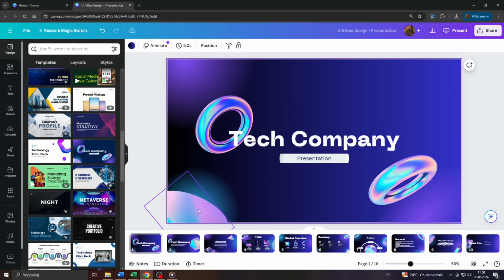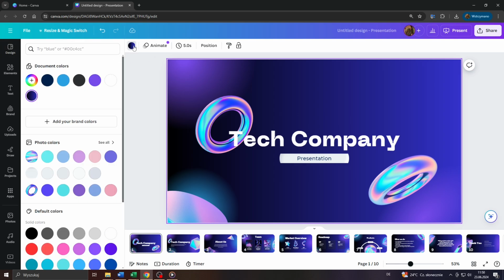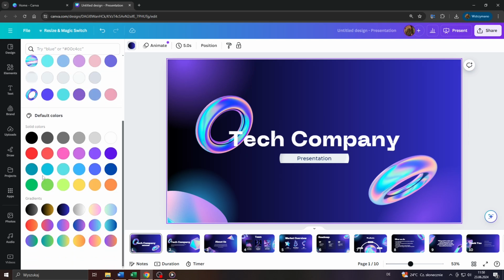Add all pages to your project, and after that, guys, select the element you would like to add the color gradient to, like the background, for example. Click on it, and next select the color toolbar here in the upper left corner. Click on it, scroll down and select the gradient or color gradient you would like to apply, like for example